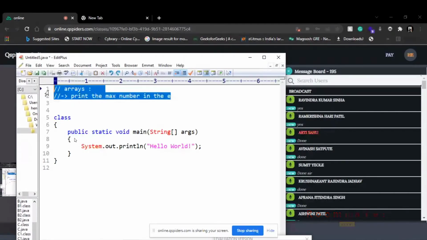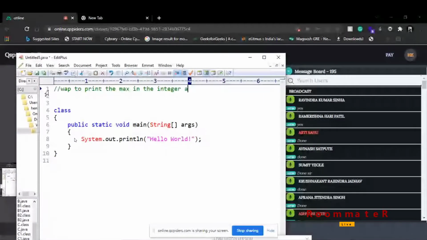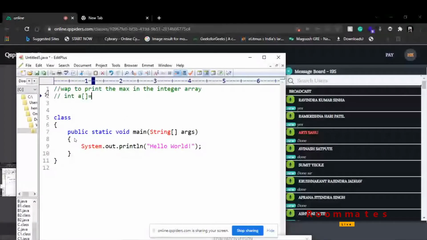Integer array is equal to 10, 20, 10, 20, 30, 40, 44, 44, 55, 9, 8. In this, your output should be maximum is. Write the program for this one and do that first. I want everyone to first do the program step by step.